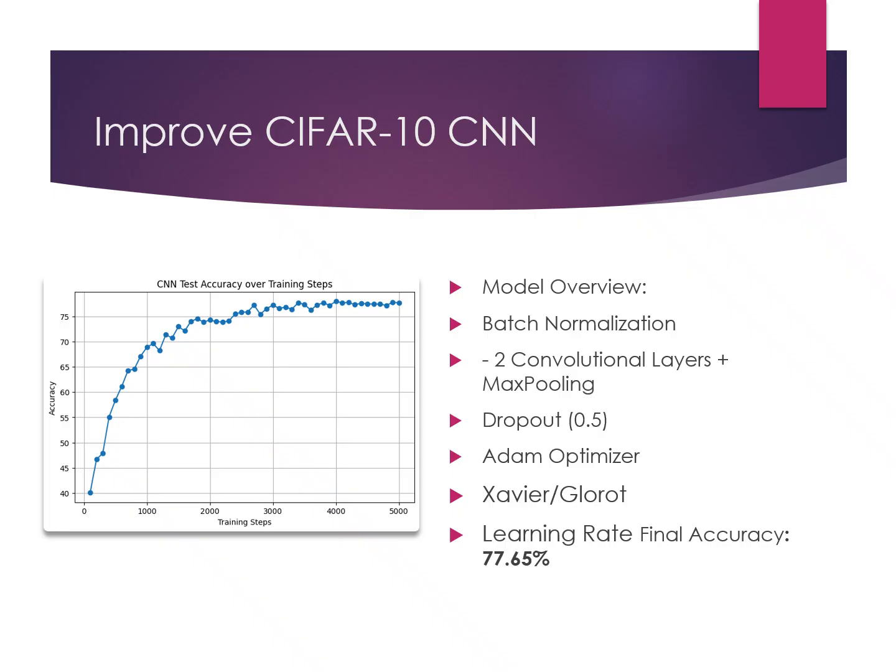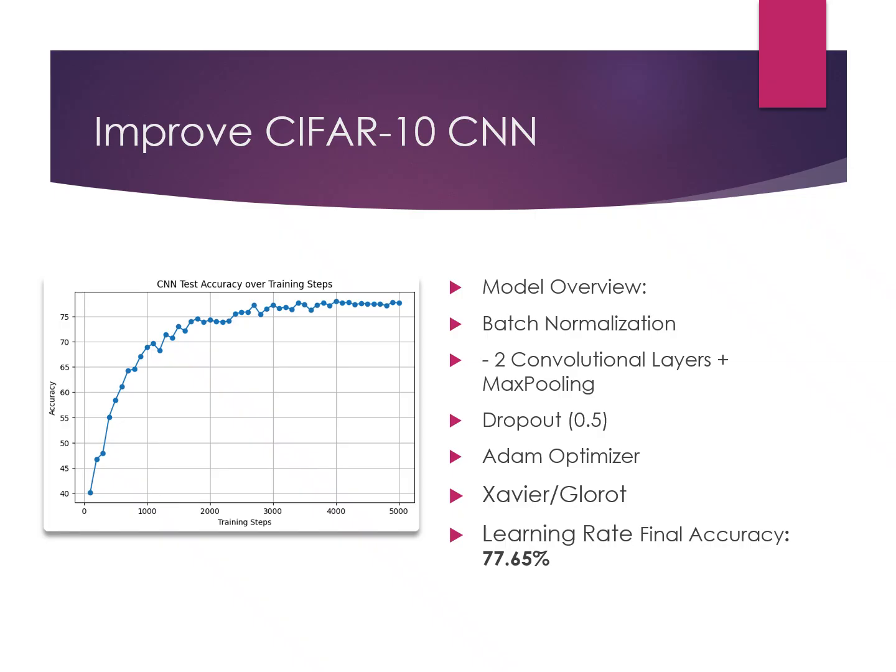Now it's 40% to 80%. The line chart shows a strong upward trend with the accuracy climbing rapidly in the first 1,000 steps, which was the same in the previous one because it sees the shapes, sizes, and the edges of the data. After 3,000 steps, the model begins to plateau around 77 to 78% accuracy, above the previous graph, which was at 68%, whereas this graph is at like 77.65, 77 to 78%